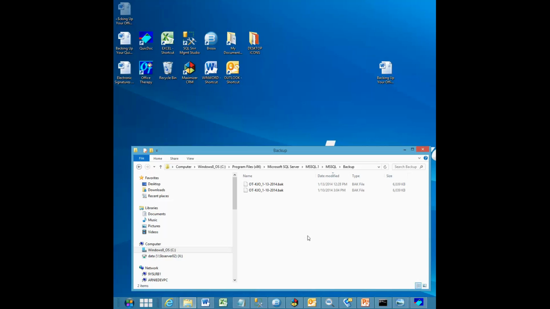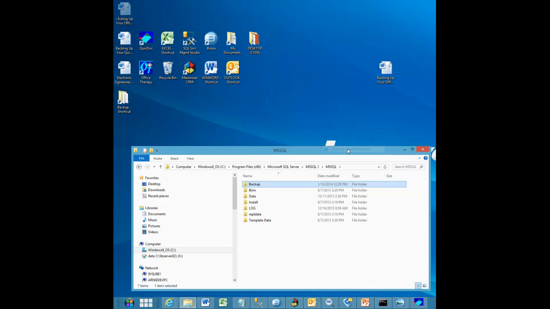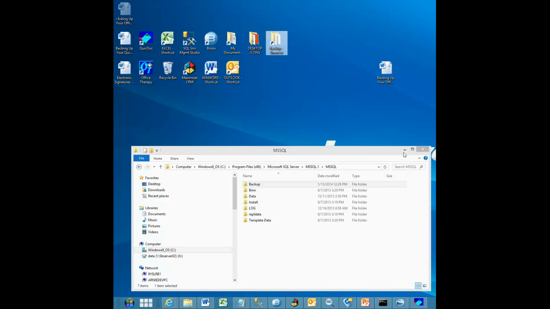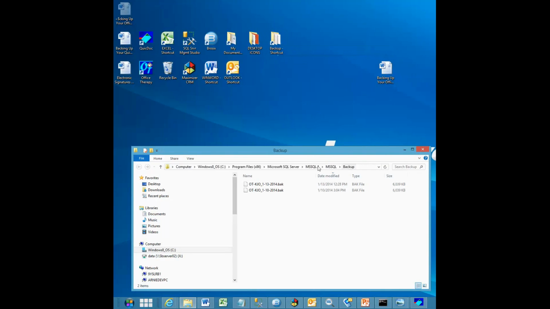Before I do that, though, I want to make a shortcut to this location on your disk so that you don't have to navigate down through that entire folder structure. So in order to do that, if you go up one level, you right-click on the backup folder, go to Send To, then down to Desktop, Create Shortcut. What that will do is create a shortcut to that backup folder on your C drive. So let's test that out. I'll close this location and I will open up the backup folder, and you'll see it does indeed take us